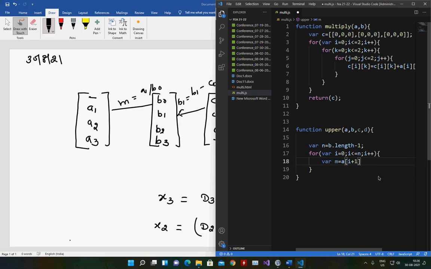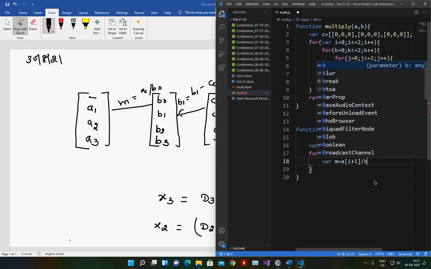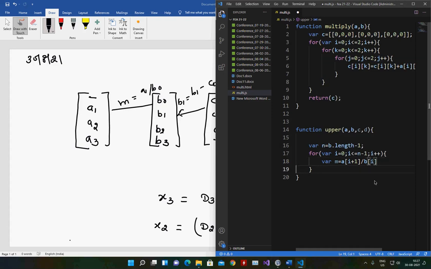So A of I plus 1. Okay, so I'm using I plus 1. That means, and here I'm starting I equal to 0. So n is going to get crossed earlier, so therefore I need to put minus 1 here. कळलं का? इथे मी I plus 1 जर वापरतोय तर I cannot say I equal to 0 to n because there is no term which is n plus 1. So therefore I have to go up to n minus 1. So this is what care you have to take, divided by b of I, because I is 0. So this is my m.